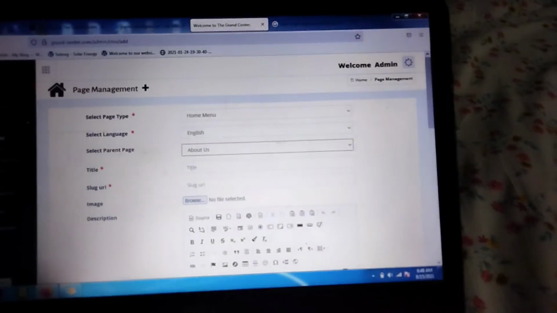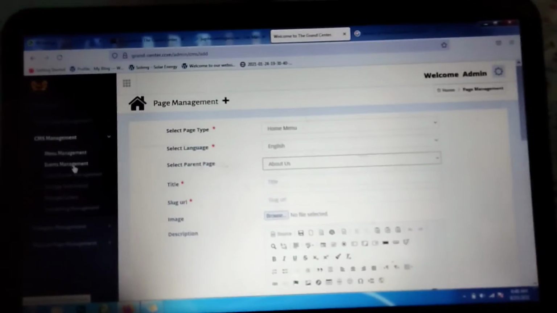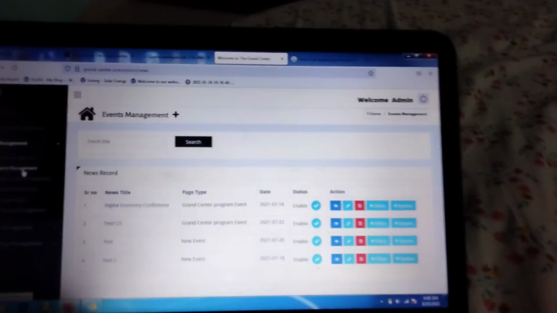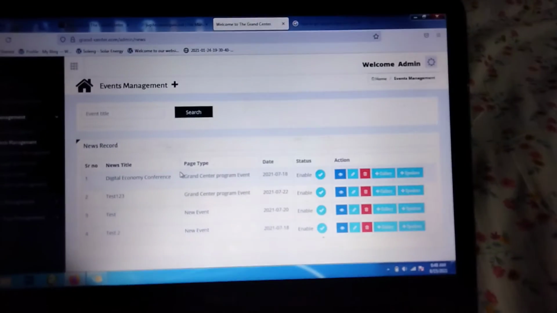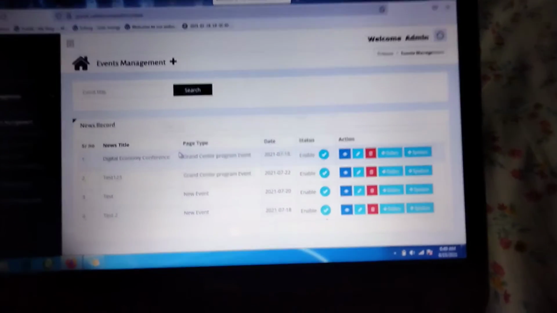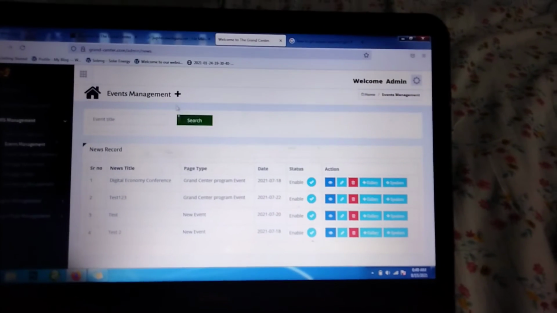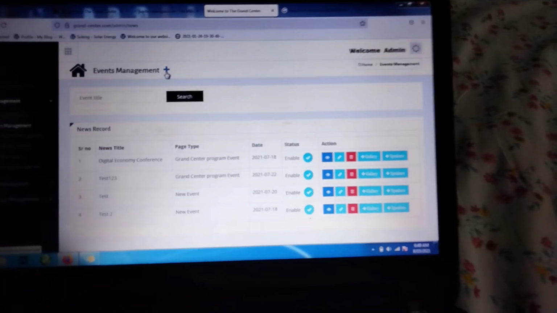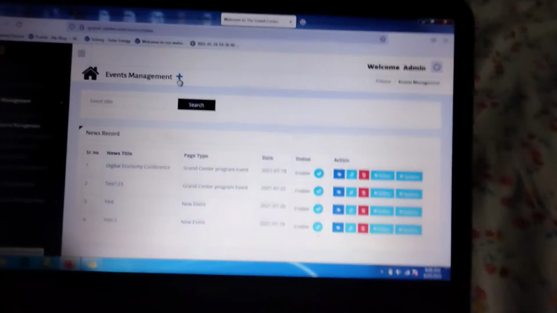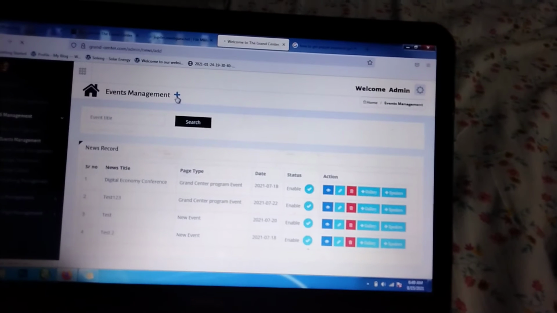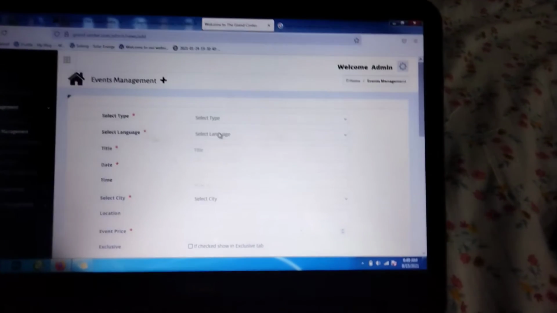And now you can see the second part, which is event management. Okay, as you click on the event management page, you can see the event management. There are some test events already uploaded here, and now you need to upload your actual events. Okay, that is how you can upload. You can just click on the event management tab, and as you click on this tab, you can see here one new page. Okay, that is where you need to fill in the event details.